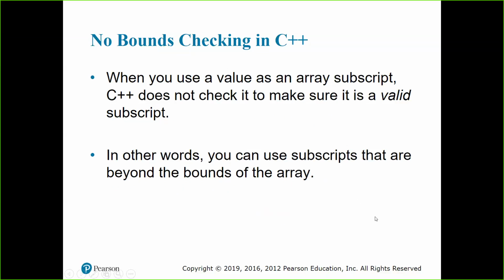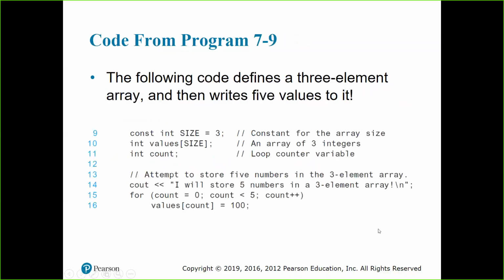So when you use a value as an array subscript, C++ doesn't check the value of the subscript to give you a proper message. C++ tries to access that value, but when the program runs, at runtime, you will get an error. So be careful with this. For example, if you see here,